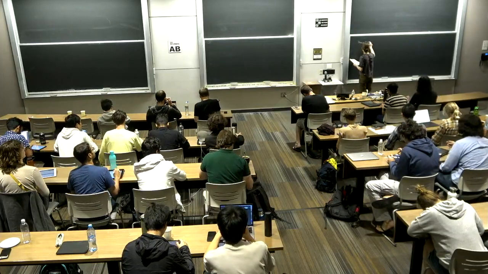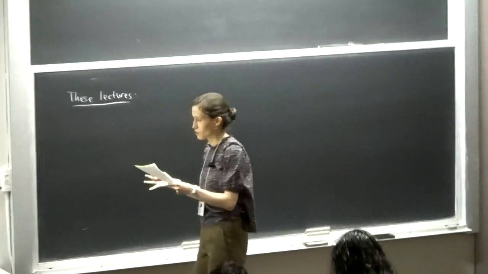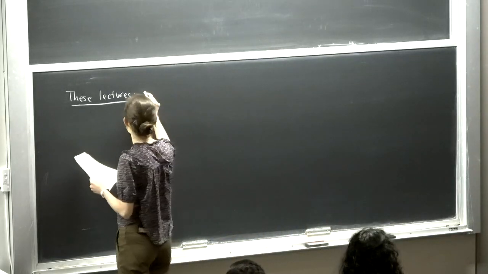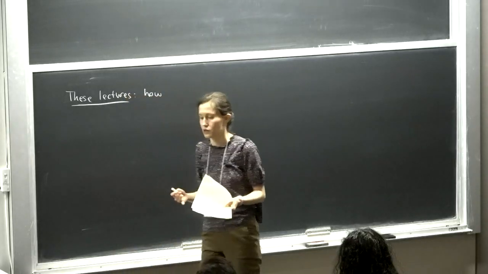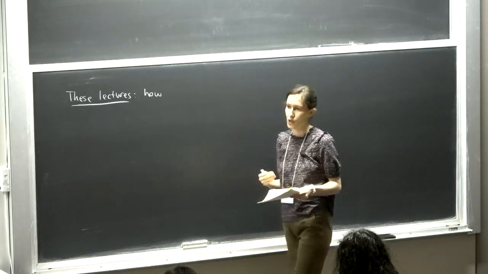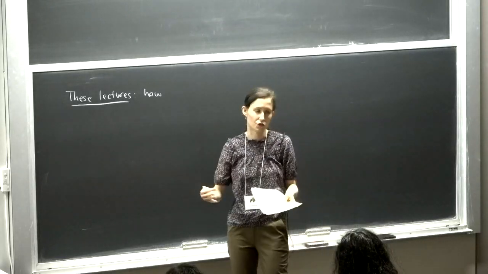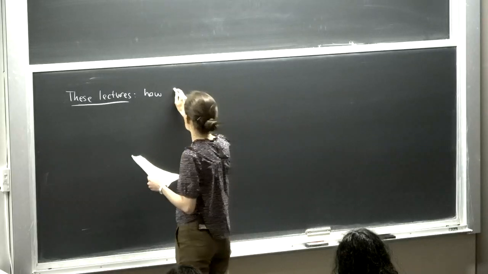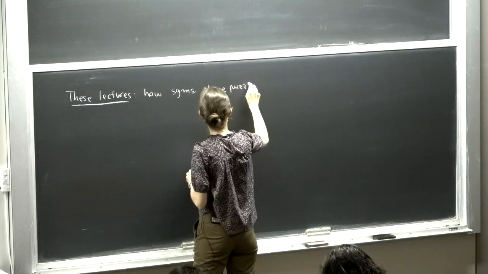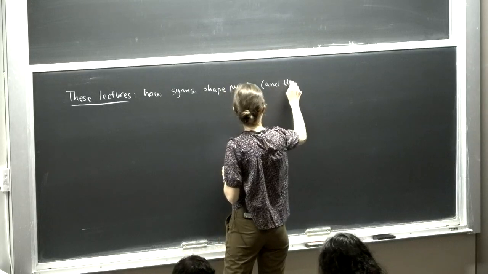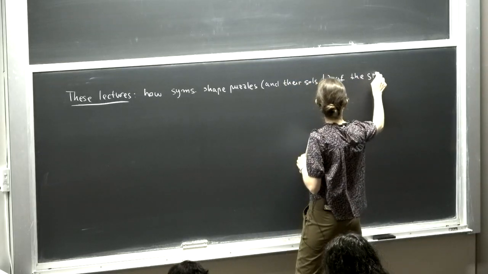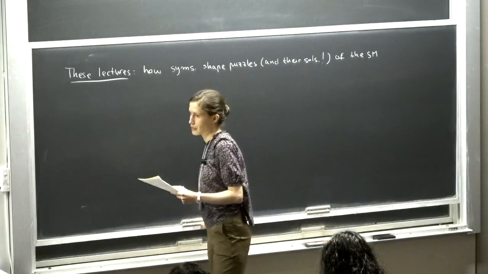in these 4 lectures is, in particular, how symmetry, both the absence of symmetry and the exact symmetries of the standard model, shapes the puzzles of the standard model, and how we go about resolving those puzzles, and how that also guides both phenomenology and the way that we experimentally try to probe those ideas. And crucially, their solutions of the standard model. So obviously, we cannot do this in full generality. So we have to kind of,